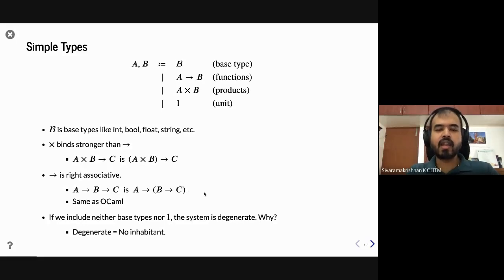Right? And yeah, if you don't add either the unit type or the base type, then the system would be degenerate. We would not be able to write down any concrete types at all, because you can write A times B and A arrow B, but there will be no base cases for the productions. So that's why we have unit type and base type, right? But the point is, these are not going to be interesting at all. The interesting things are going to happen in the functions and product types. We'll see